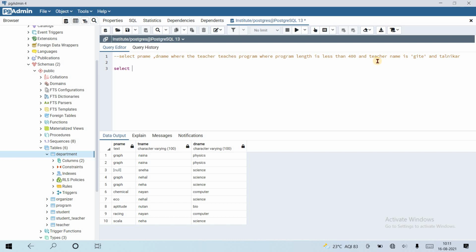Okay, select star from, okay, connect these two tables. We want program and teacher only. We want program name and department name. So we need to connect these three tables. Okay, let's try. It is very easy and fast. Teacher is a common table.